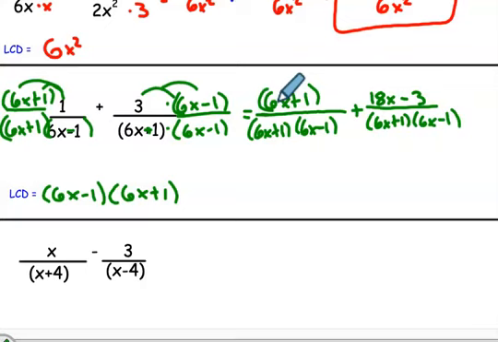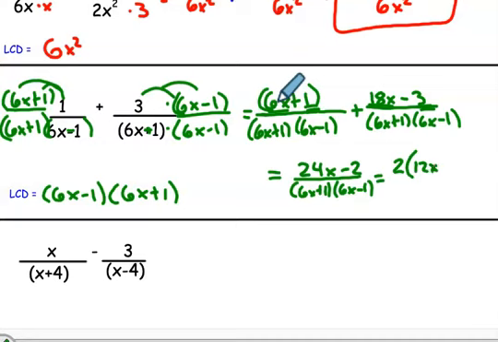Okay, now the denominators are the same, which allows us to combine like terms. So I'm going to go down here for my next step. I can do the 6x and the 18x. They're both positive. They both are x to the 1. That gives me 24x. And then I have a 1 and a negative 3 that can combine, the constants, that's going to give us negative 2. All of this is over 6x plus 1, 6x minus 1, and then one step to take out a GCF of the top and see if we can reduce anything. So both the numbers in the top are even, so I'm going to take a 2 out, and I end up with 12x minus 1, which isn't quite what I wanted. I'm not going to be able to cancel anything,